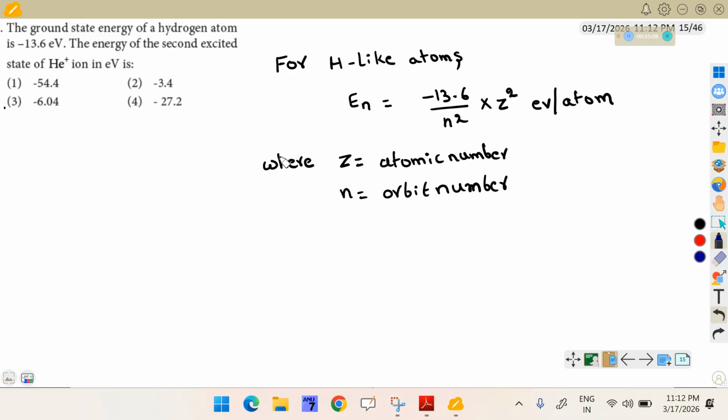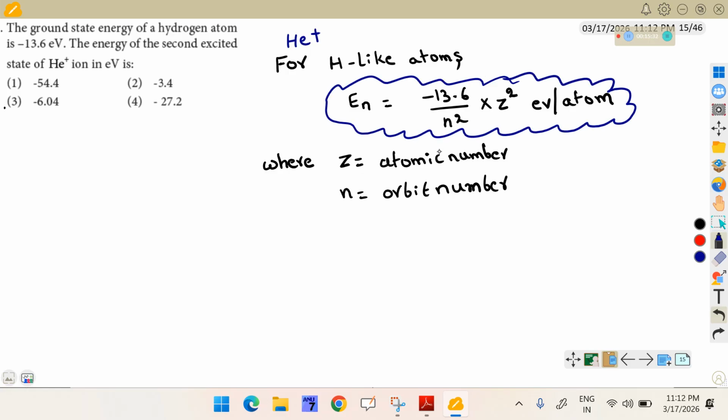The ground state energy of a hydrogen atom is minus 13.6 electron volts. The energy of the second excited state of the helium plus ion in electron volts is. Helium plus is a hydrogen-like atom. For hydrogen-like atoms, energy is calculated using the formula minus 13.6 by n square into Z square, where Z is equal to the atomic number of the hydrogen-like atom. The atomic number is 2 and n is the orbit number. It is in the second excited state, the value is also 2. Substitute minus 13.6 by